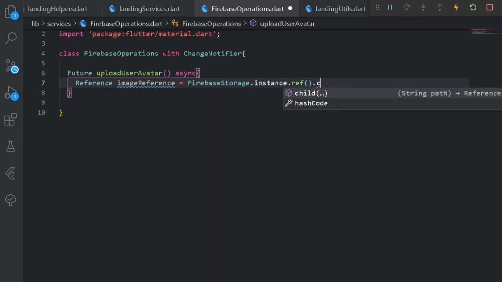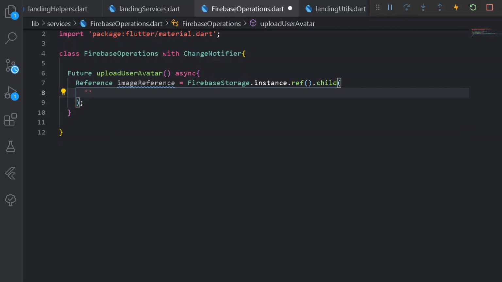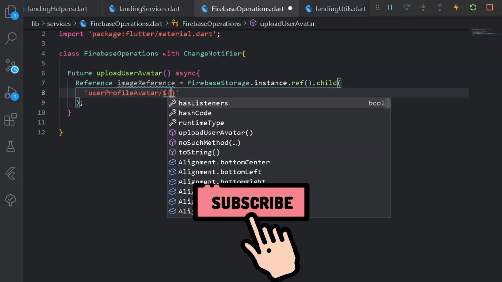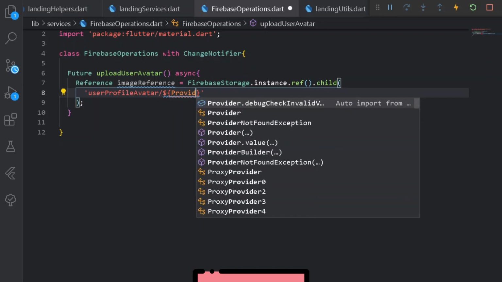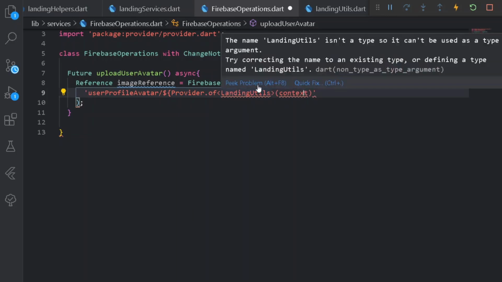And from the reference, let's have a child. The child will be taking up a path. So for path, I can simply say user profile avatar, which will be a folder under our Firebase storage. And from this, I shall be simply referring to the user image. So for that, for referring user image, let's have provider dot off from landing utils. Let's import it.